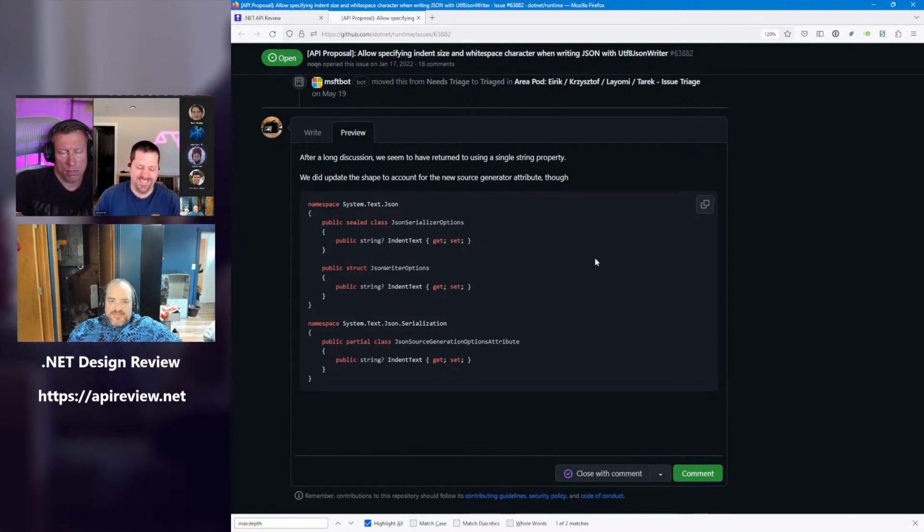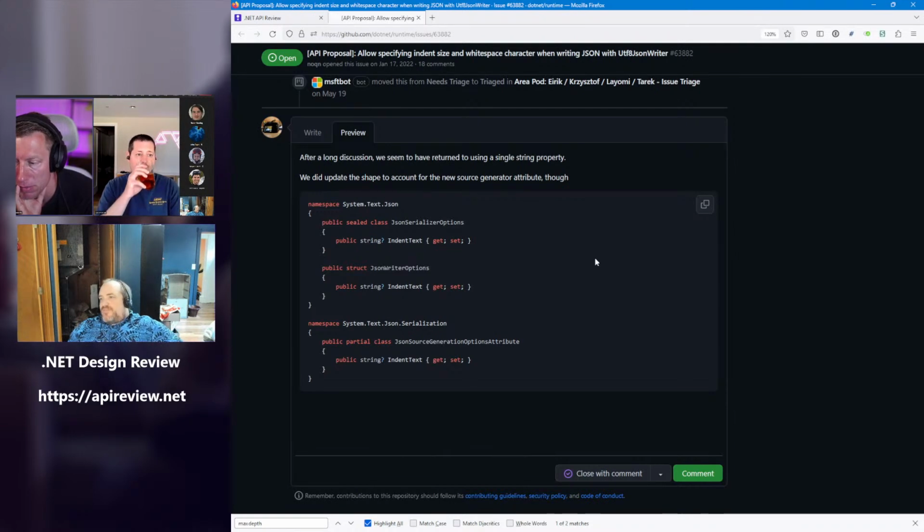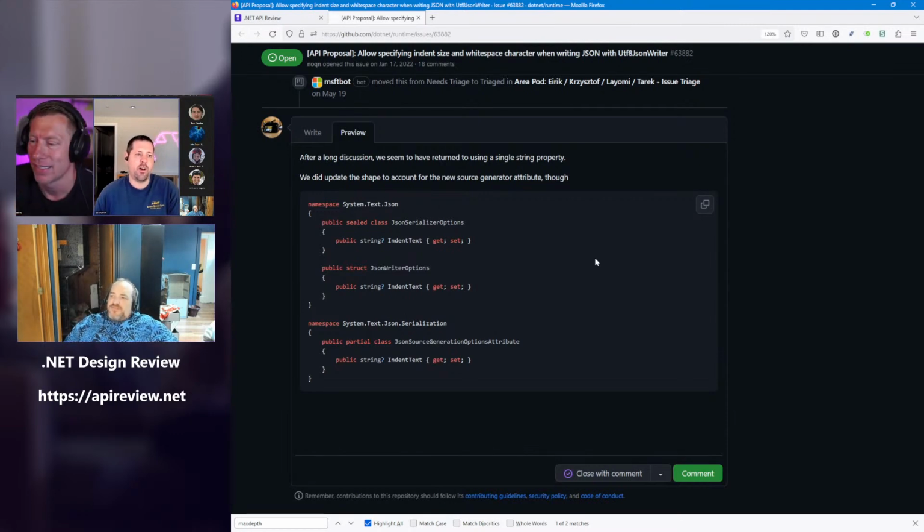But yeah, this would be the same thing. I don't understand the leaking of the default value because it's the same argument here, right? We can't just change the default value. Yeah. We might as well make it a constant at that point. Right, that's the point. That's why I like it. Just make it a string, two spaces. That way, everybody who doesn't configure it today, which is everyone, has a dependency on it being 2 spaces. Like we're not backing ourselves into a corner that we're not already in.